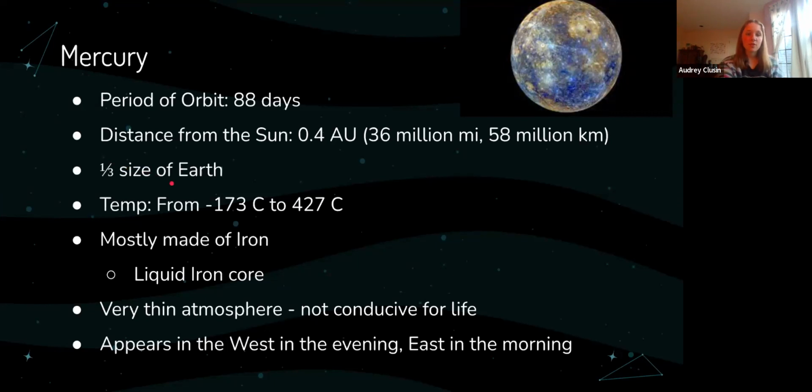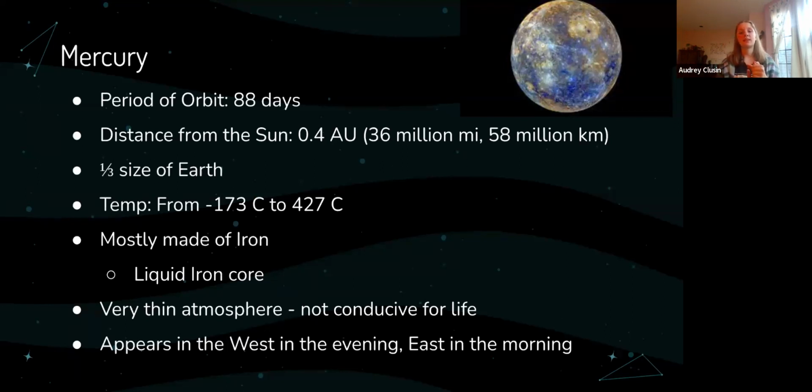Temperature, it's very cold. It ranges from negative 173 degrees Celsius to 427 degrees Celsius. I didn't write Fahrenheit on here, sorry, but that's a pretty big variation in temperature. I didn't put down a rotational duration, but I'm not sure actually, it definitely has a different length of rotation, so a different length of day than the Earth does.